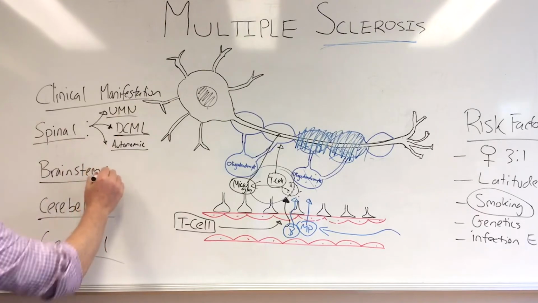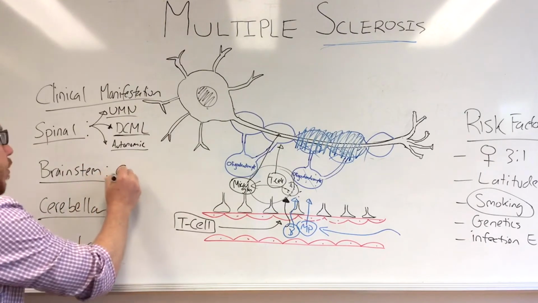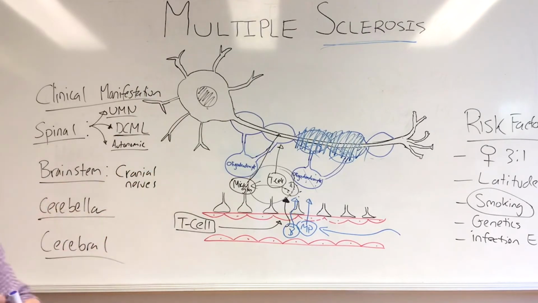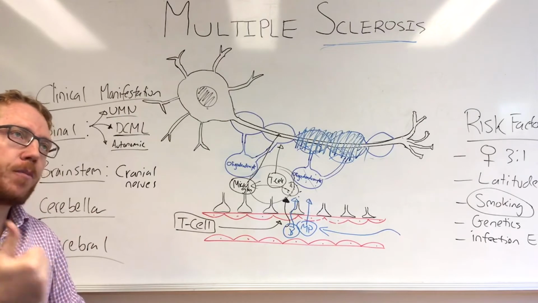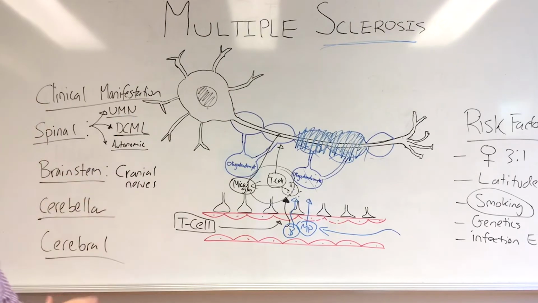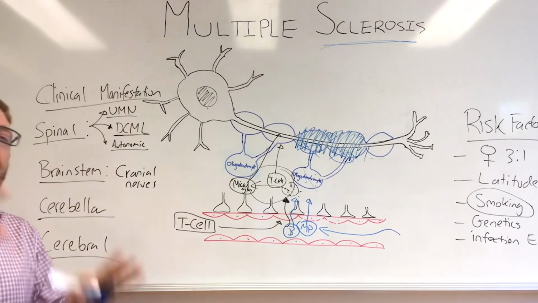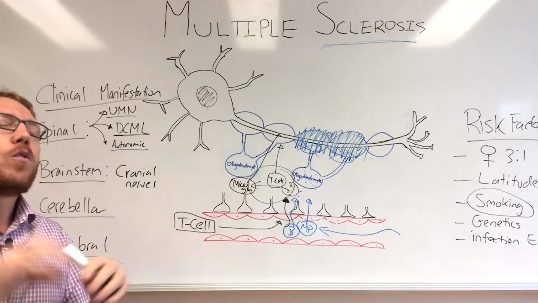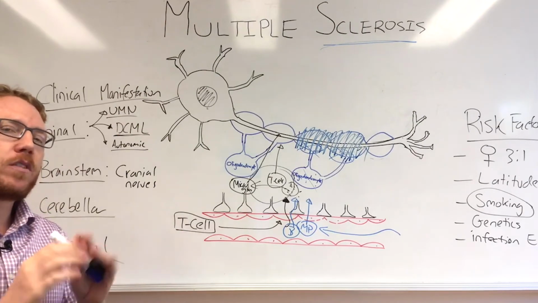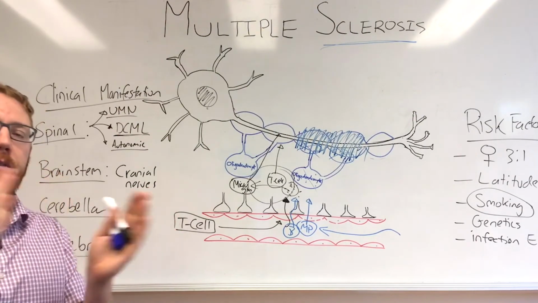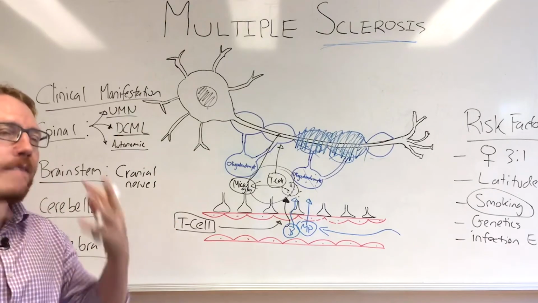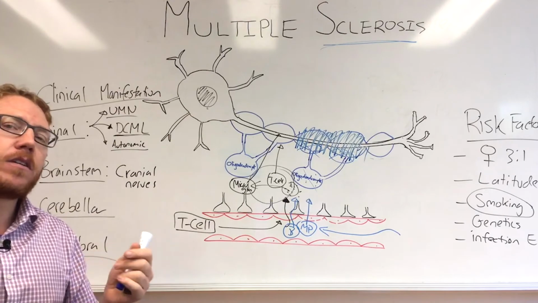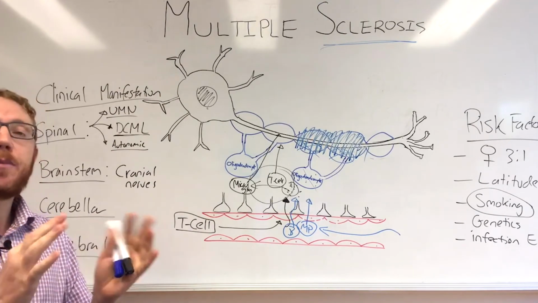In terms of the brainstem, it seems to affect a lot of the cranial nerves. Not so much the first two, so not so much optic or olfactory in this side of things, but all the other ones. You might have effects on the coordination of eye movement, affecting the nerves that move the muscles of the eye, which could cause a person to have double vision or nystagmus when they move their eye. Also affecting the muscles of the face, sensation of the face, and hearing, so tinnitus, or vestibular, so